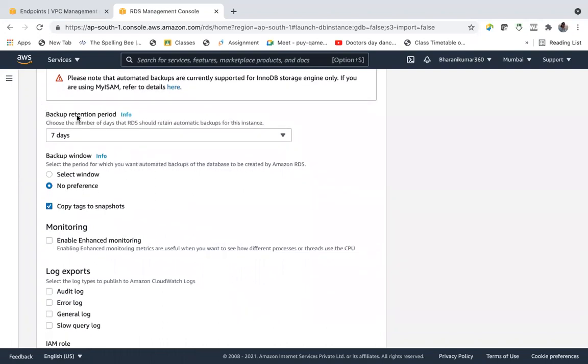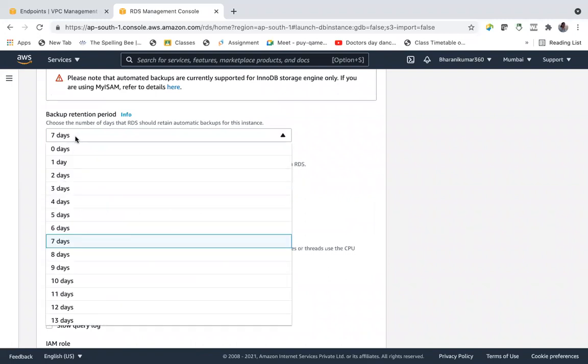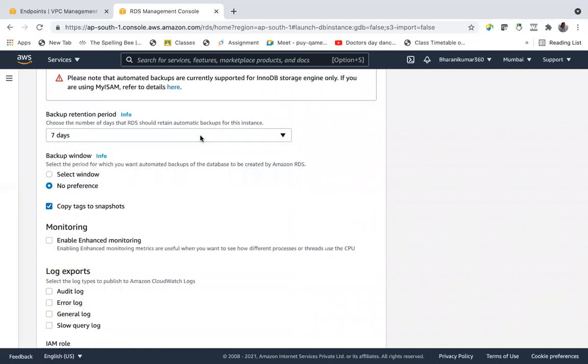Retention period: the number of days that RDS can retain data, up to 7 days it will keep your backup.